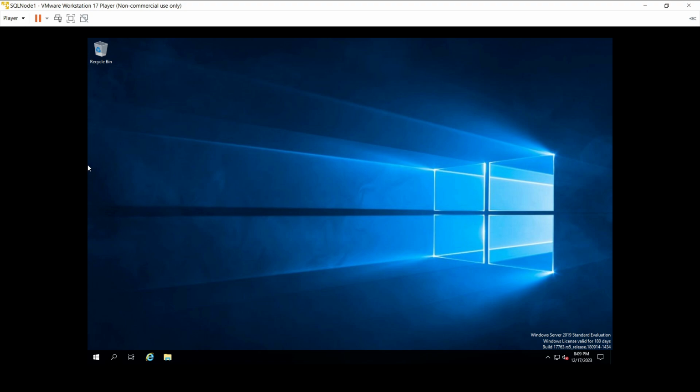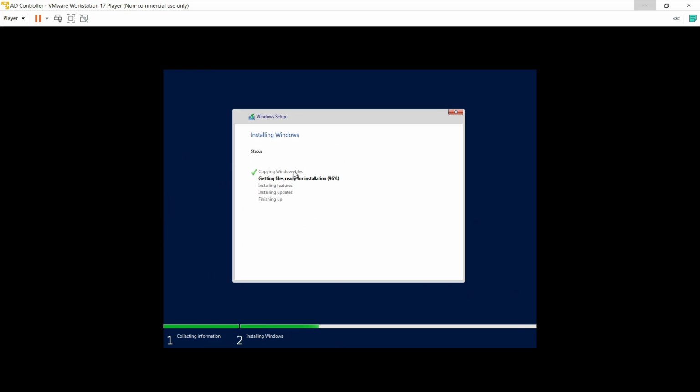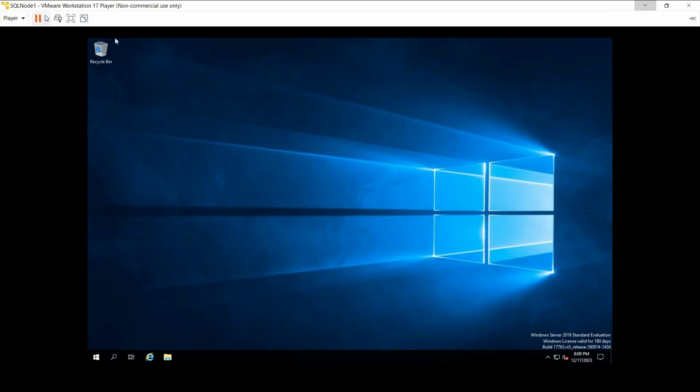After that, we have to change the IP address of SQL Node 1, Node 2, Node 3, and the DC installation is right now in progress. So if we are checking, yes, this is the AD controller or domain controller, we can call it an Active Directory server. Okay, it is in progress right now. Before that, we will set up SQL Node 1,